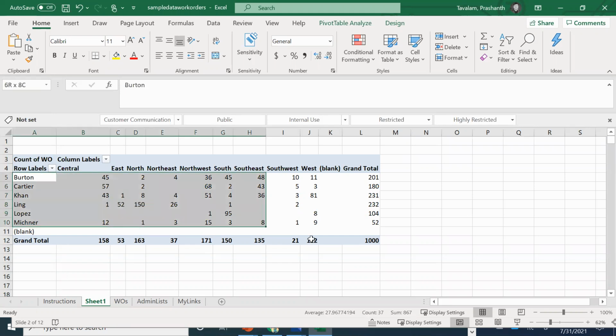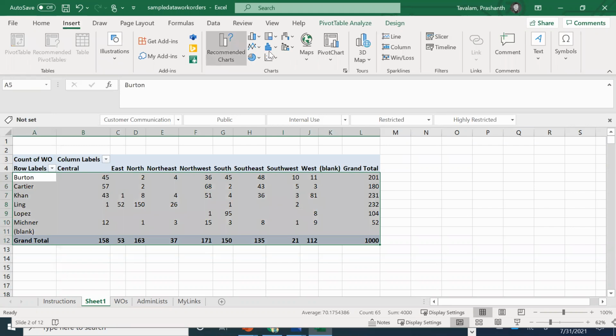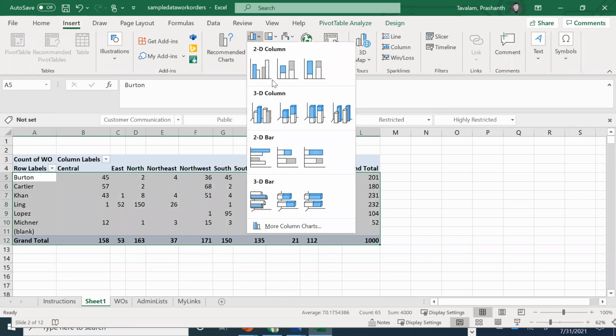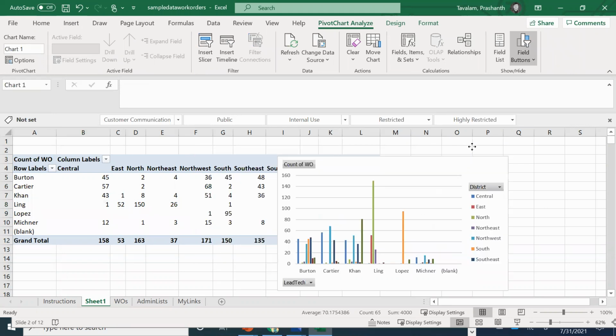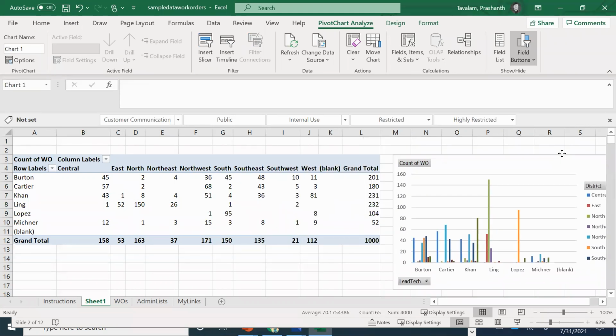Along with this, you can also insert a pivot table. This is a basic level of data analysis that you can do.